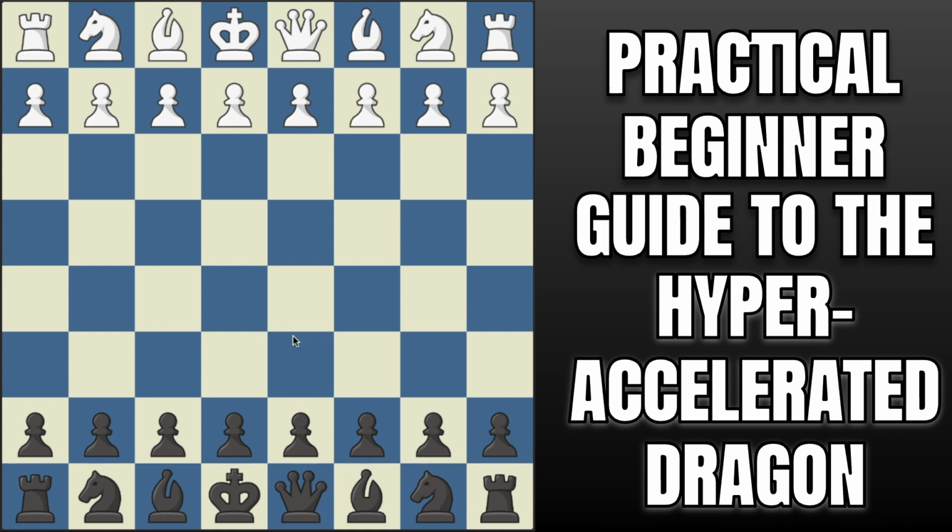Hello everyone, and welcome to your fast and easy, no-nonsense beginner guide on how to play the hyper-accelerated dragon opening. Let's get started. So it comes after white plays pawn to e4, at which point you respond with pawn to